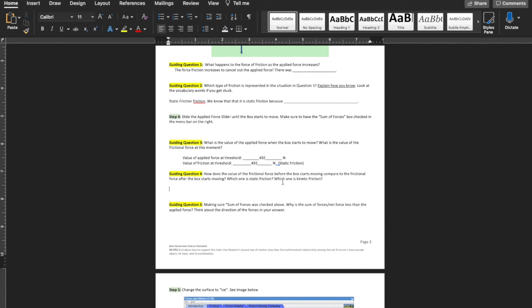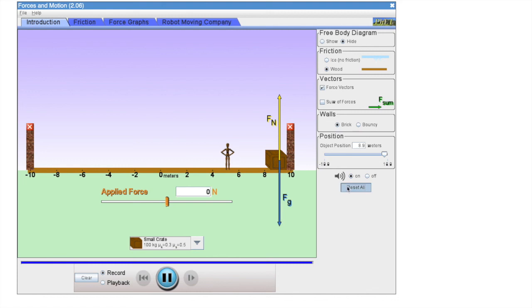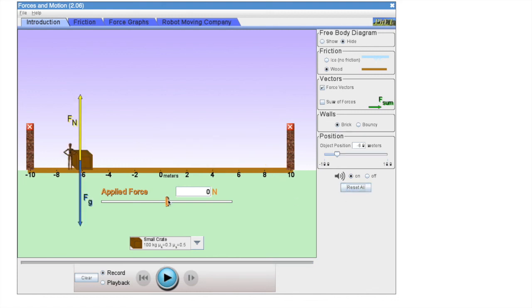All right, so how does the value of the frictional force before the object starts moving compare to the frictional force after this object starts moving? Which one is static friction? Which one is kinetic friction? So we saw, and let's do it one more time, that right before we get to the threshold, the static friction is equal to the applied force, but when we get to the